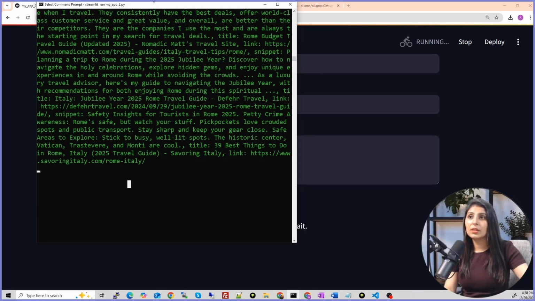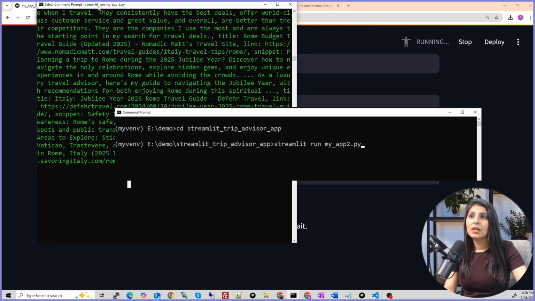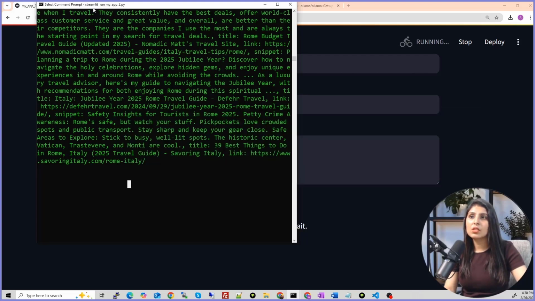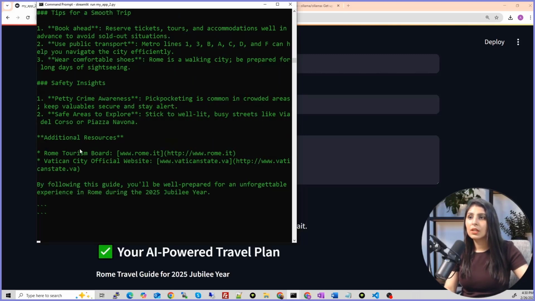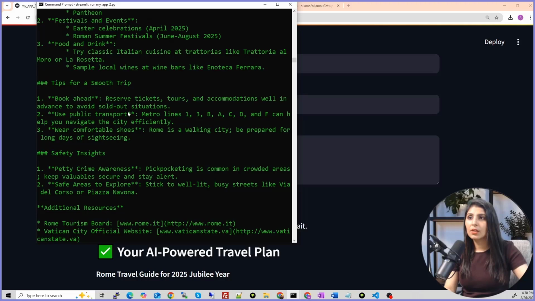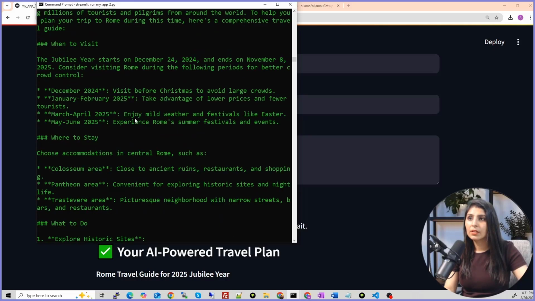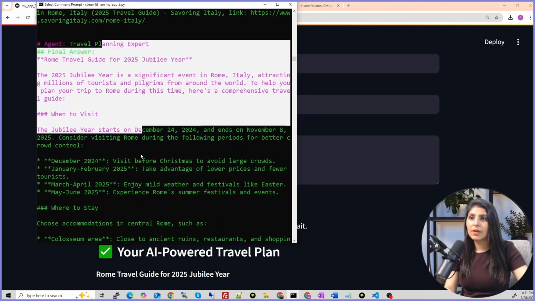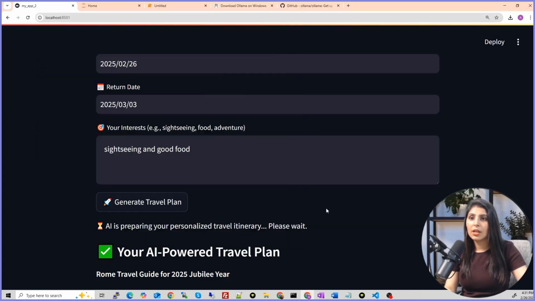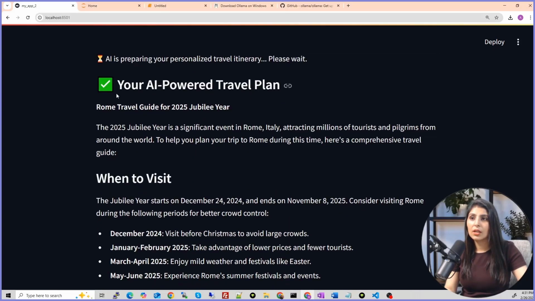Guys, sorry, I missed one thing. To run this code, you will write streamlit run myapp2.py. So this is how you run applications in Streamlit. Okay. See, everything you get over here. This is the final output, and here on the screen you can see the travel plan by this AI powered travel planner.